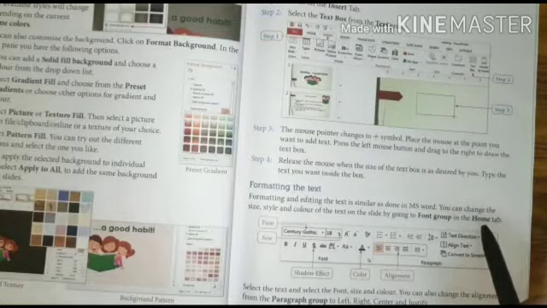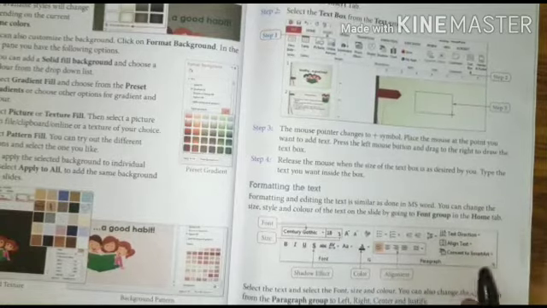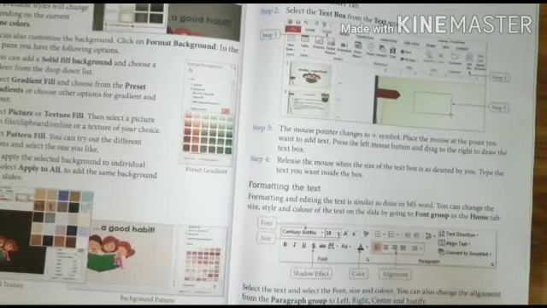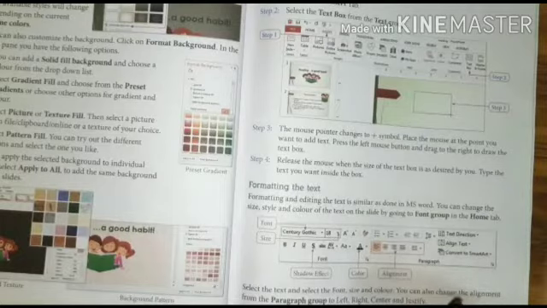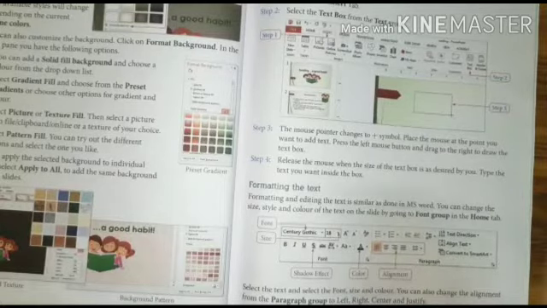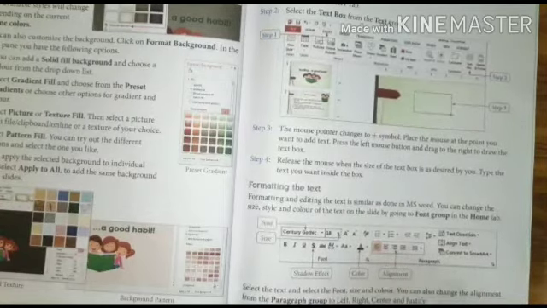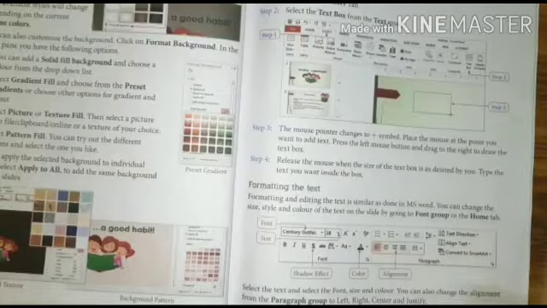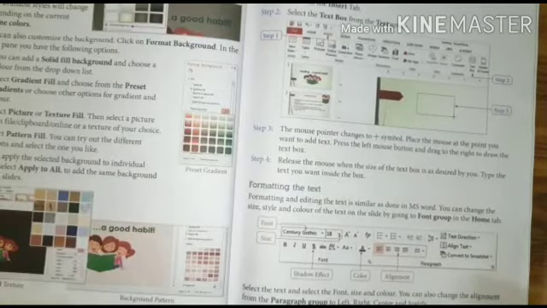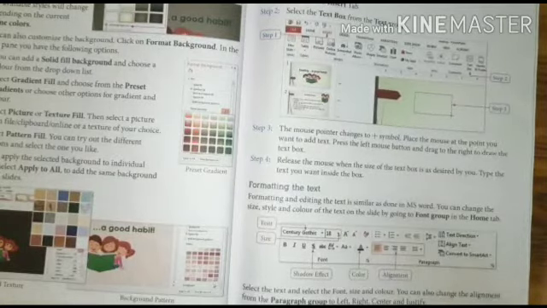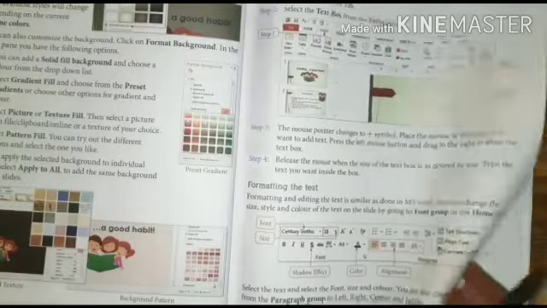How do you change the formatting of text? Formatting and editing work is exactly like Word, just like you used to do in MS Word. You have to do it in the same way in PowerPoint. First you select the text, and then select the font size and color. You can also change the alignment from the Paragraph group to left, right, center and justify.